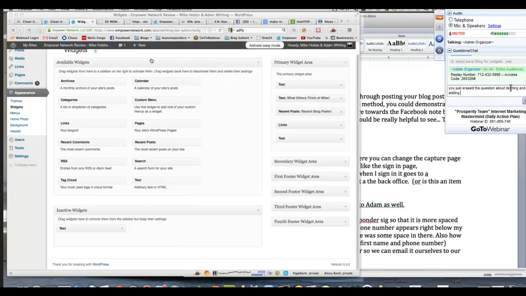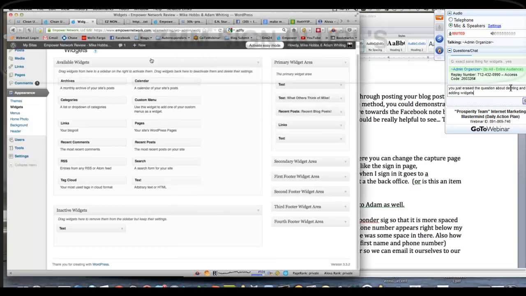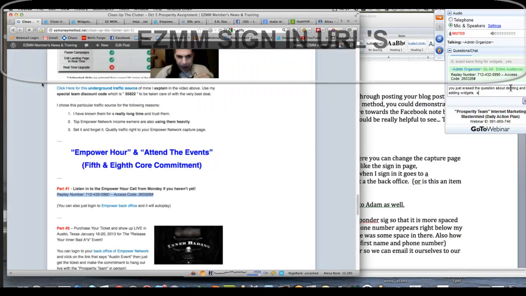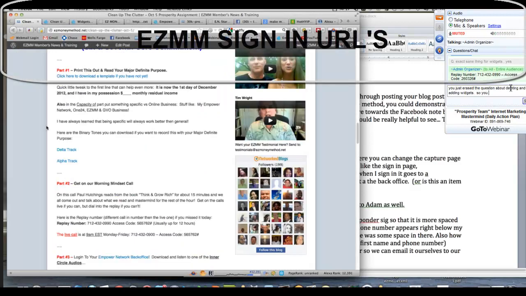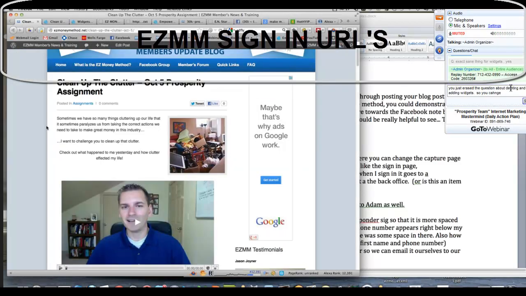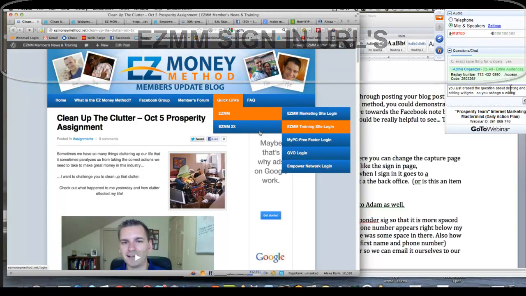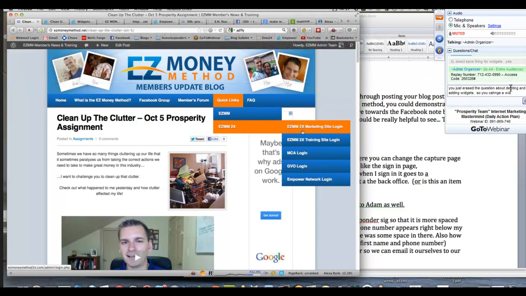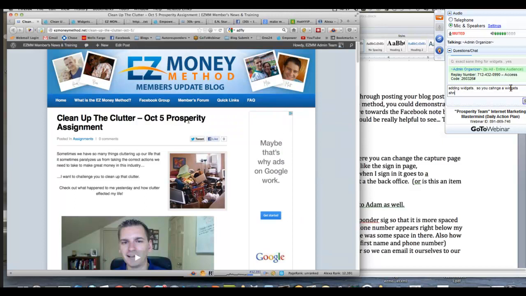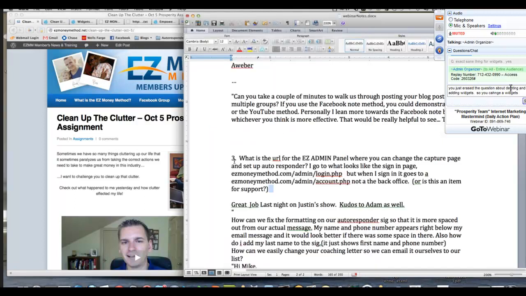On the assignment for today, here's what's cool. At the very top, you'll see quick links: EasyMM marketing site login, training site login; 2X marketing site login, training site login. So just go to the quick links at the very top. That's the easiest way to find the stuff that you need. Cool?